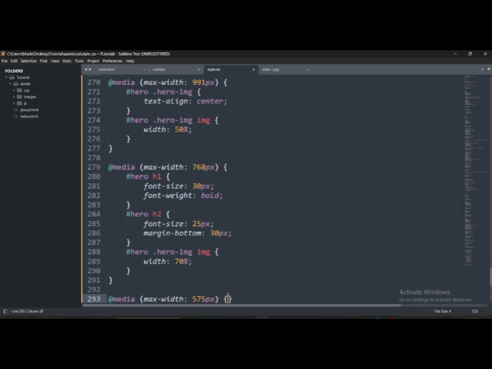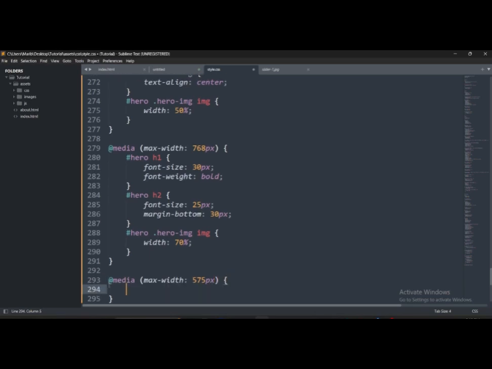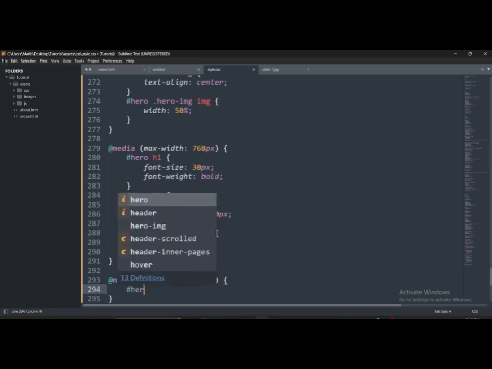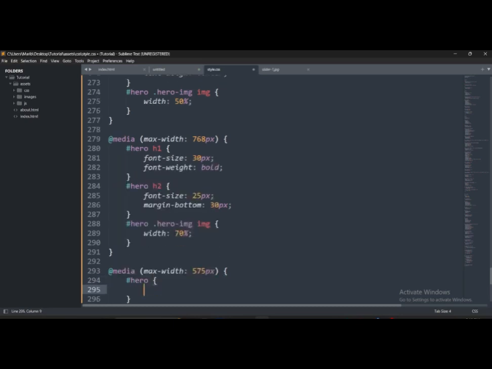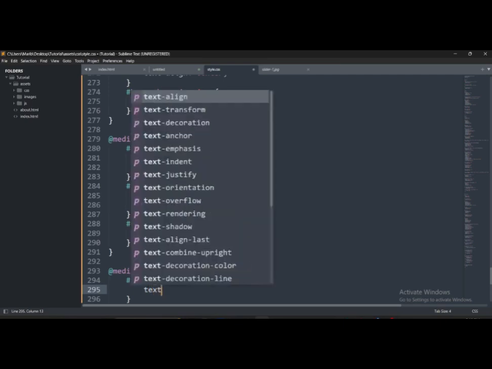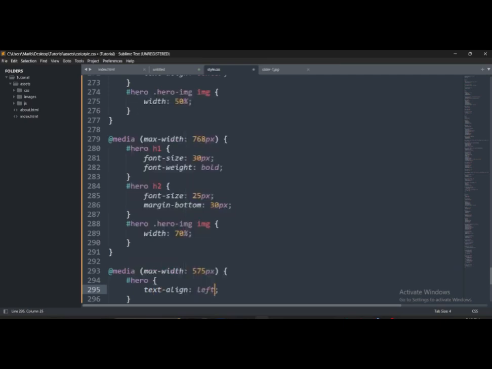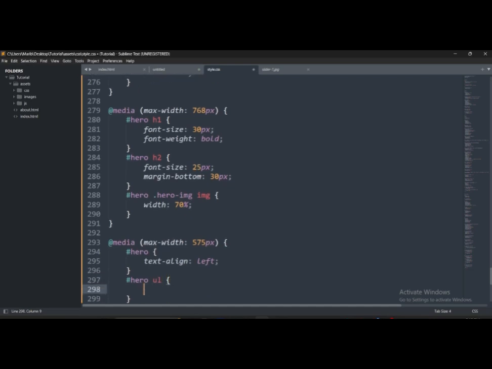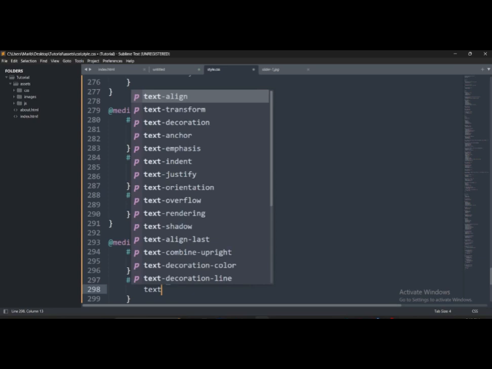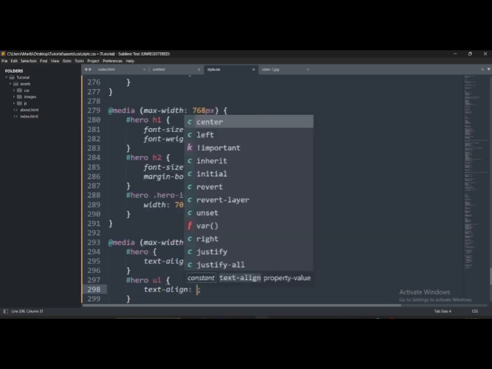Then I'm going to reference this and say hero text, the alignment is going to be left. And then hero UL, our list, the list item is going to be text aligned to left,